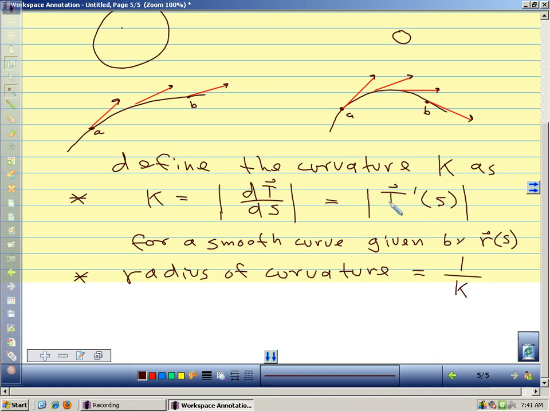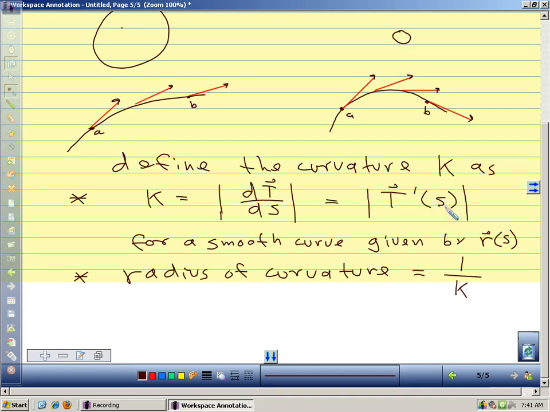This is T with respect to the arc length. So we're parameterizing our curve with respect to arc length, and we're taking the derivative. And think back to how we defined our arc length, that integral with the radicals and the squares, and how complicated that can be. So we want an easier way to